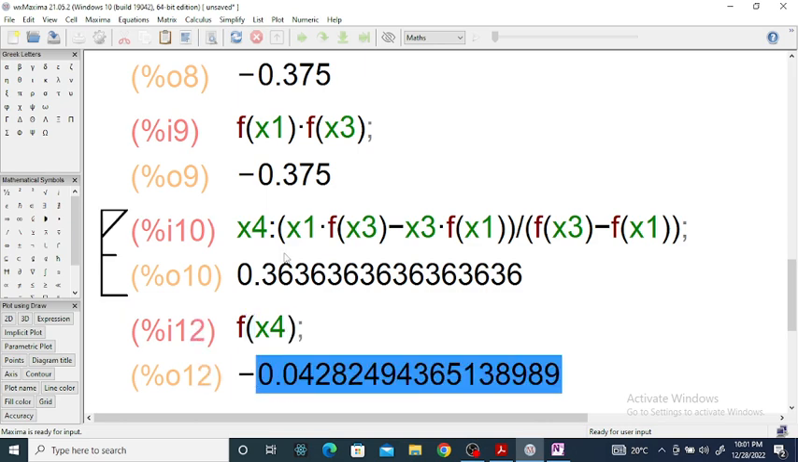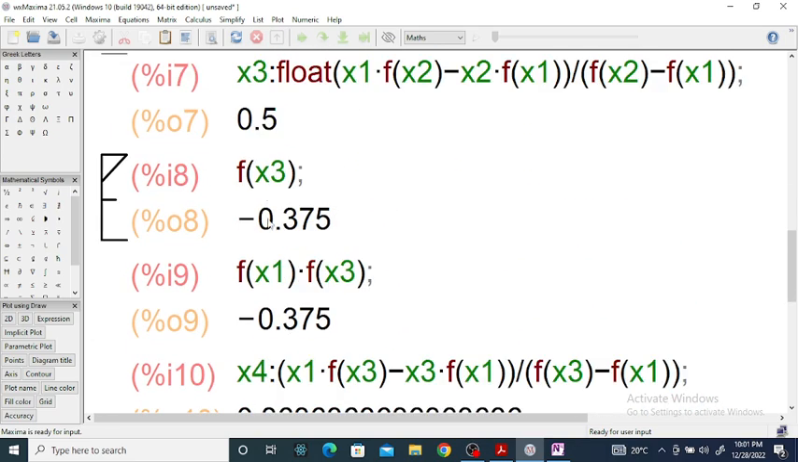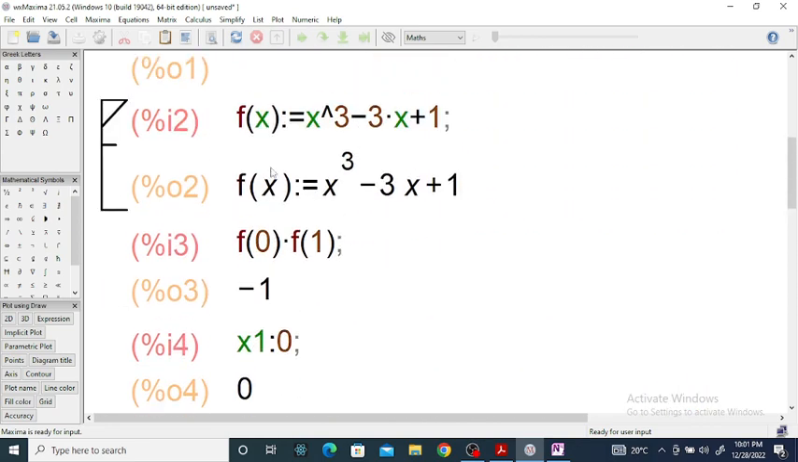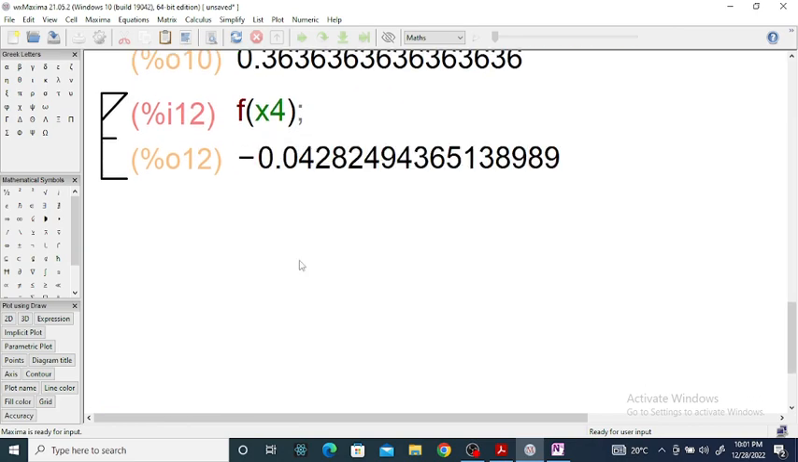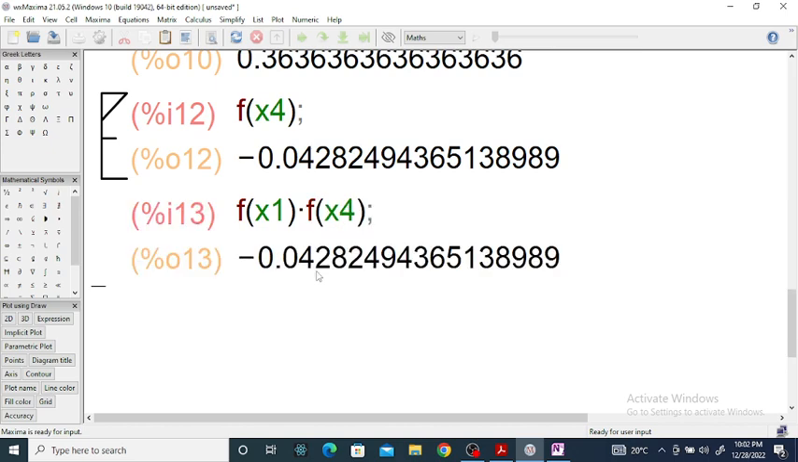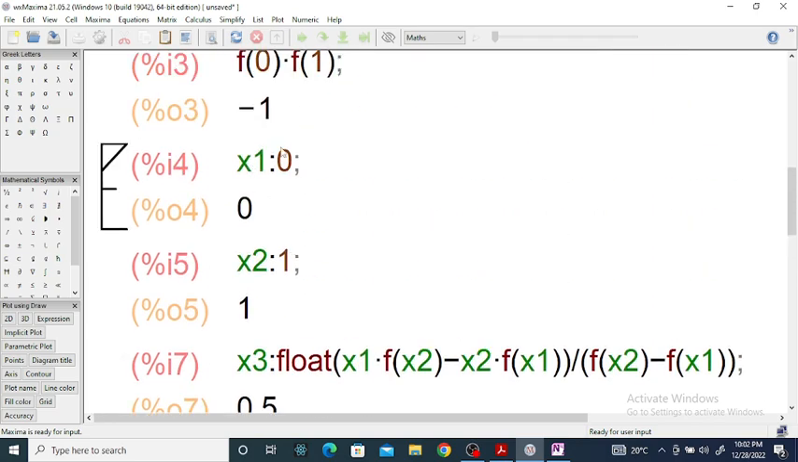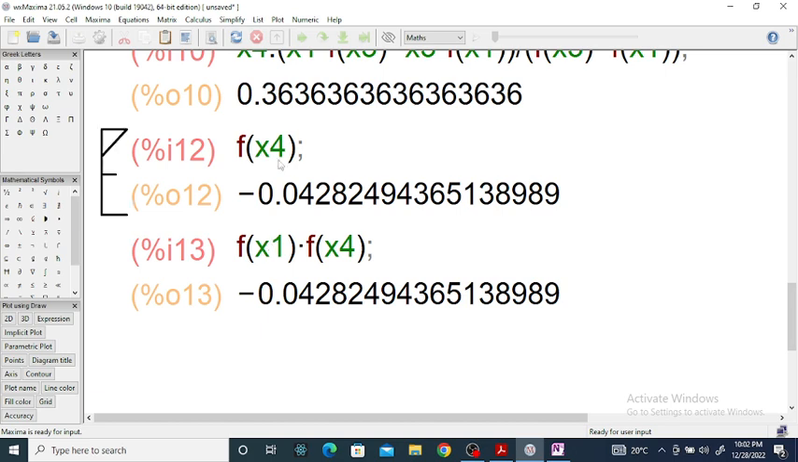Again, you can see f of x4 is negative, and since the root lies between a positive and a negative value, and we know f of x1, that is f of 0, is positive, again our root lies between x1 and x4, since f of x1 times f of x4 is negative. In the first step, the root lies between 0 and 1. In the next step, between 0 and 0.5, and now between